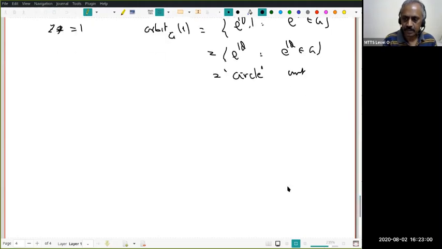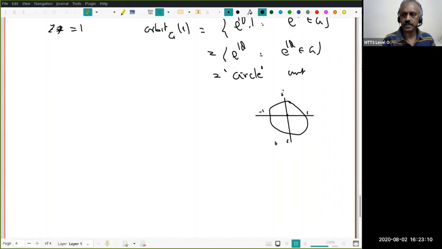That is this one. This is the radius 1. This is i. This is -1. This is -i. So the orbit is this. Right. Now let's look at the orbit of some other non-zero number. Let us say z is not equal to 0, because I want to teach you how to think of orbits also. Let us look at that.